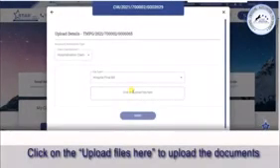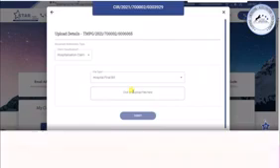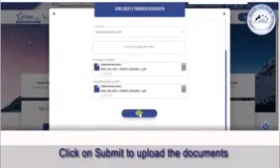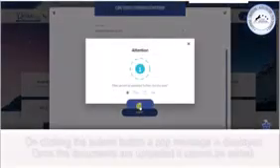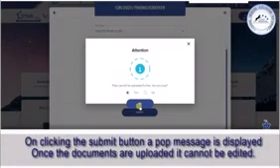Next, click on Upload Files here to upload the documents from the system. Customers can upload one or more documents in this particular section. Click on Submit to upload the documents. On clicking the Submit button, a pop-up message is displayed.